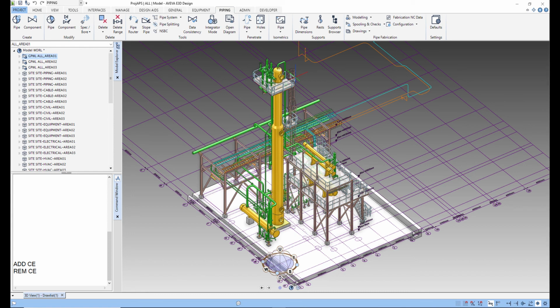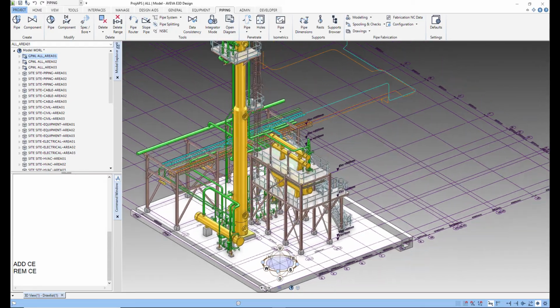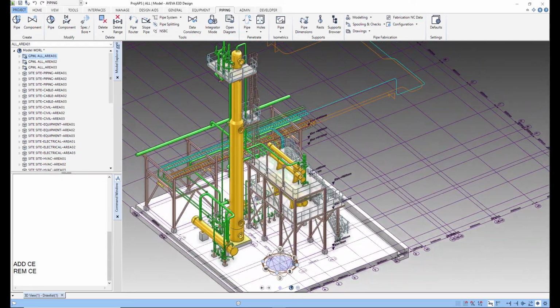So now you can see all discipline items like all equipment, all piping, all structural elements are added. So if you want to work only on piping or only on structure or only on equipment, you can remove unwanted items and add only the required items.